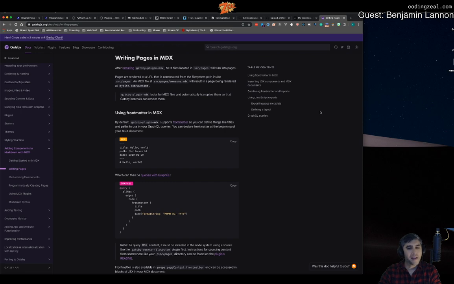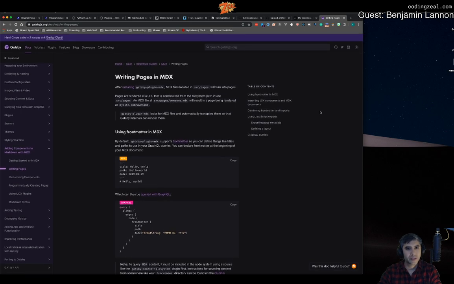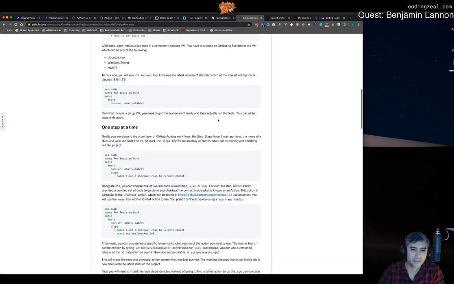But I wanted to make it a very nice workflow, where if you don't want to tinker with the site but you do want to modify the contents, it's just Markdown. It's a very standardized format that people can just go in and edit very easily. Yeah, and it's a very